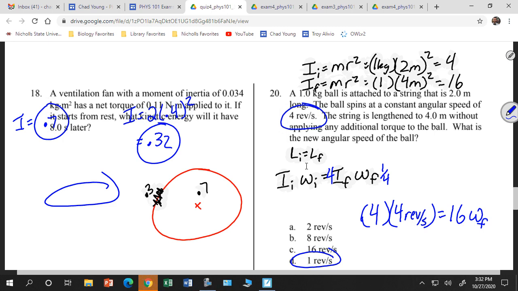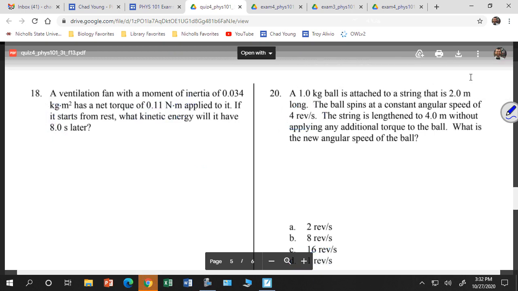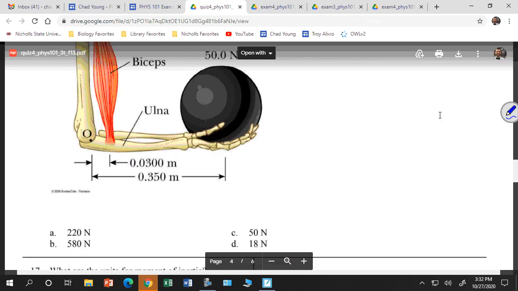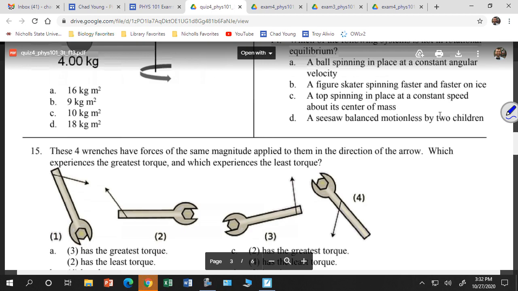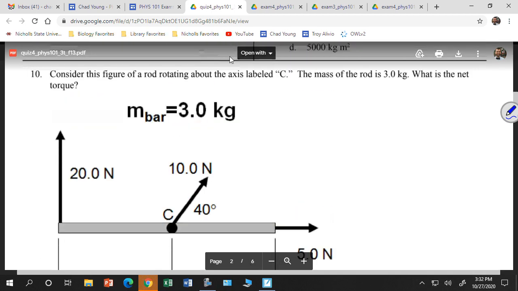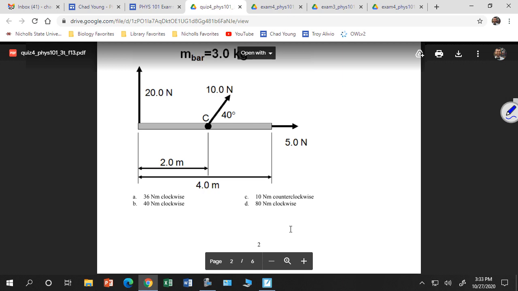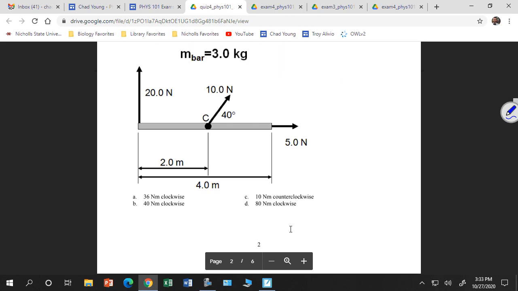Let's look some more at these. This is a good test. Let's look at some torque problems. You will have a problem like this where I ask you what is the net torque, and then also I'll ask you other things like what is the angular acceleration, or maybe what is the velocity or displacement after a certain amount of time. On these, to find the net torque, this one's relatively easy because I have two forces here